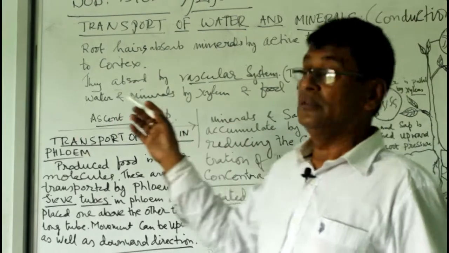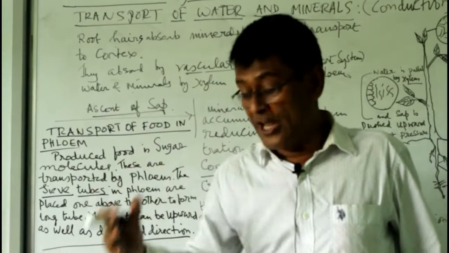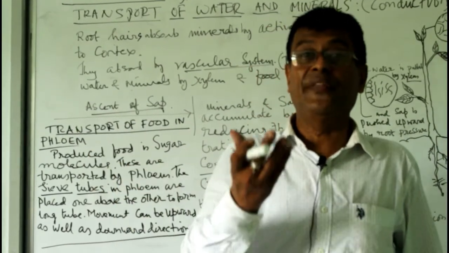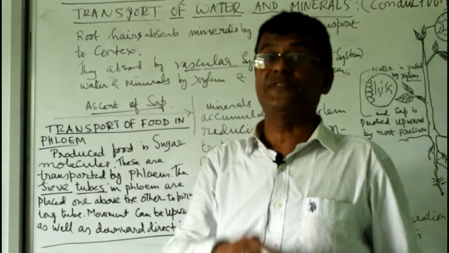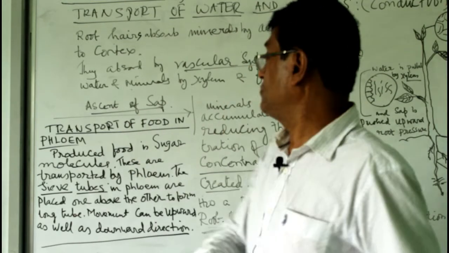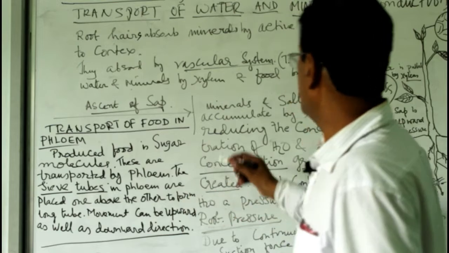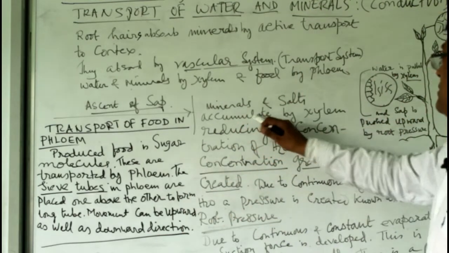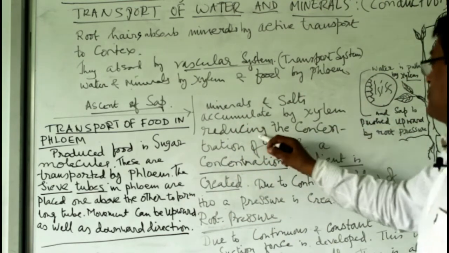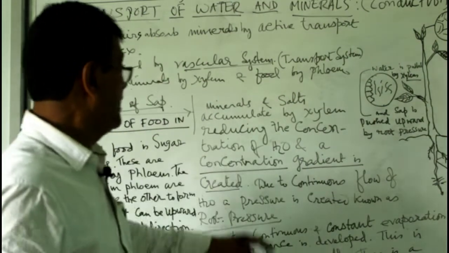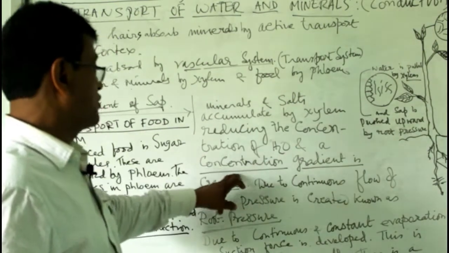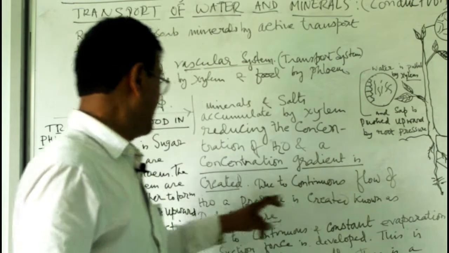And this going up of the minerals and the water is known as ascent of sap, and as I told you, it has been given by J.C. Bose. Now you see, minerals and salts accumulated by xylem, reducing the concentration of water, and a concentration gradient is